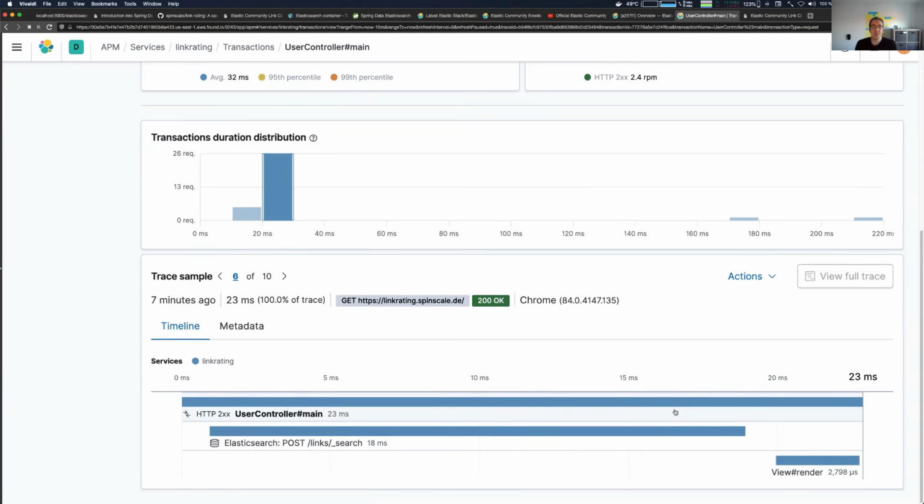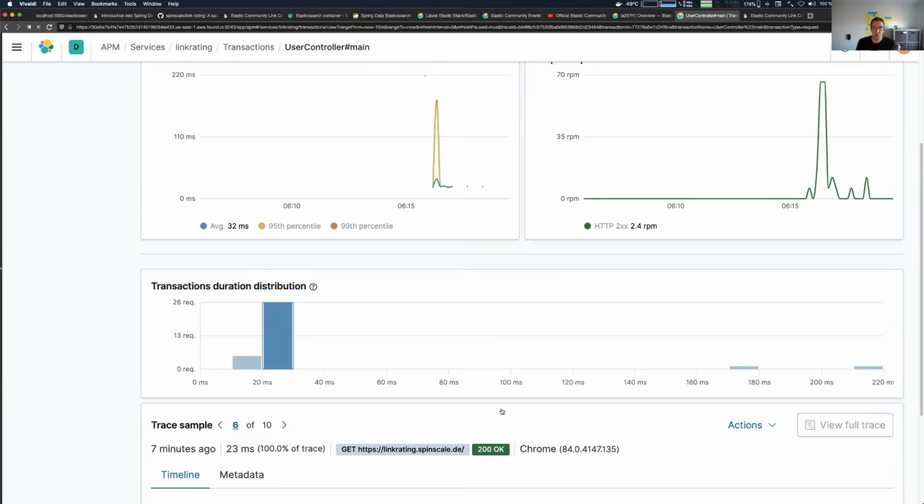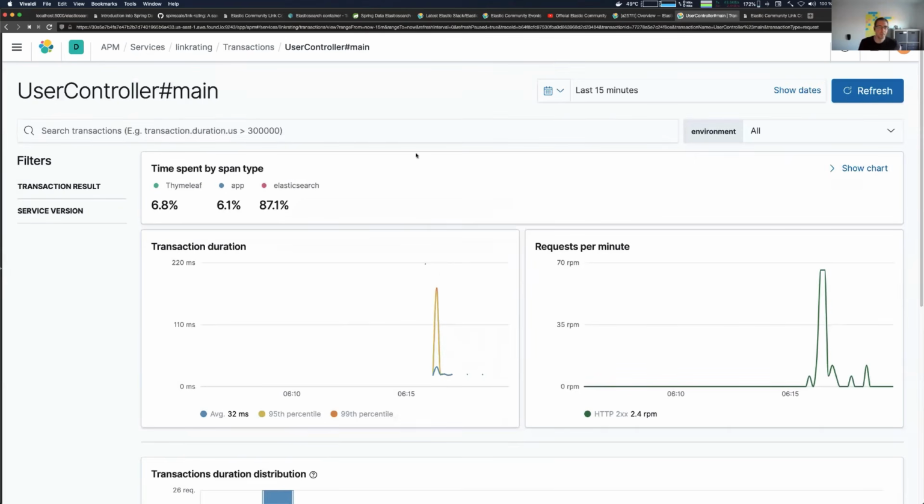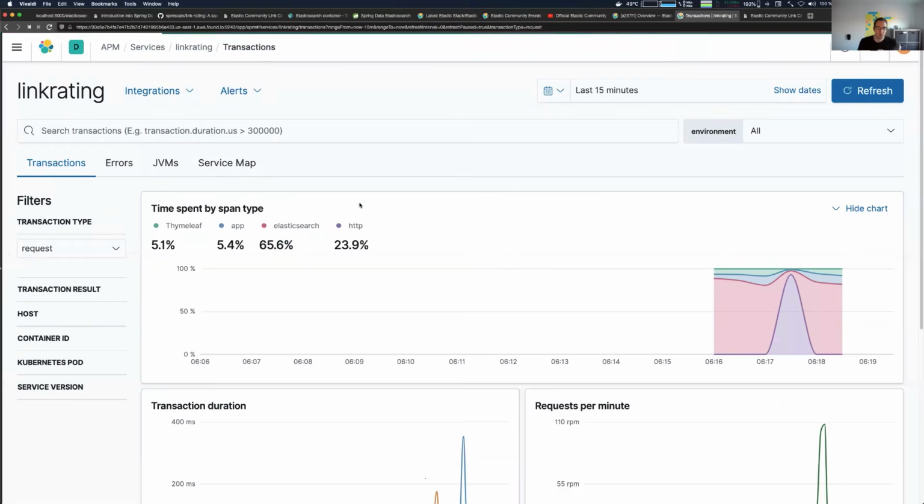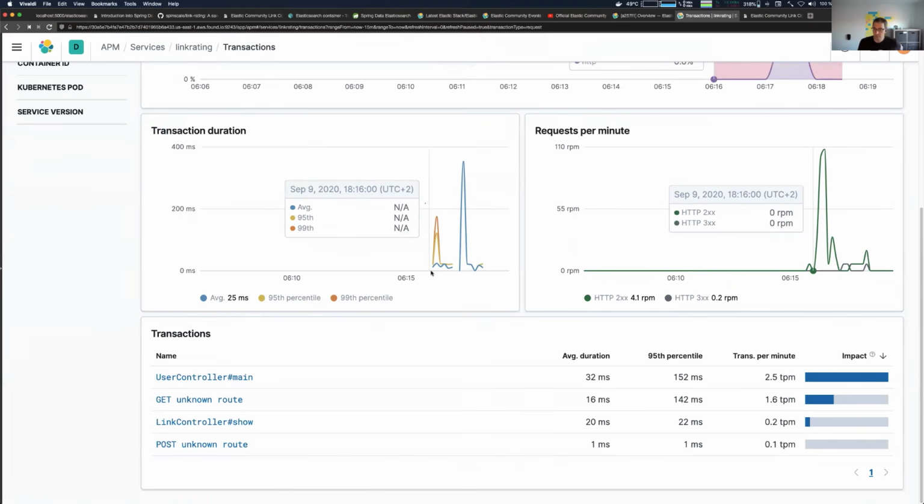But this is basically the way how you can see the different speeds of execution. And if you would like to optimize something here, you will probably take a look at the Elasticsearch request because it takes the most amount of time when a single request is being executed. Yeah, you can see here there's also an impact graph that should just help you a little bit to see where to take a look. And